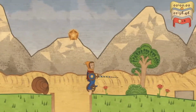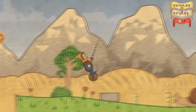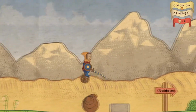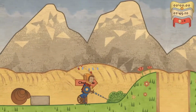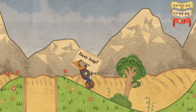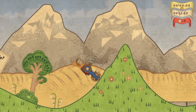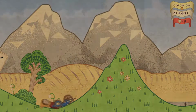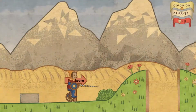Octodad would be one as well. And probably I Am Bread, although they're more 3D planed, and this is on a 2D environment. The whole point of Balancelot is that you're balancing your weight to move your unicycle forward, and you'll do that by pushing 2 triggers on the controller. If you're on PC, you'll be using 2 keys, obviously, on the keyboard,